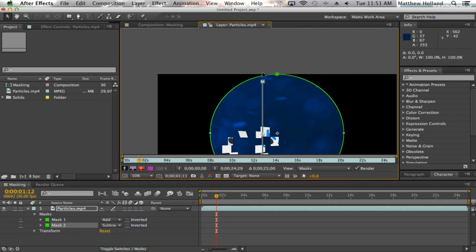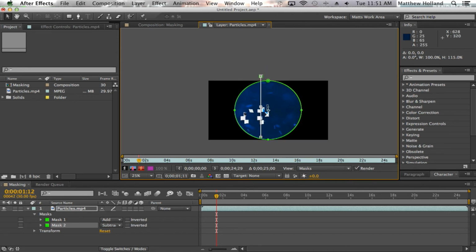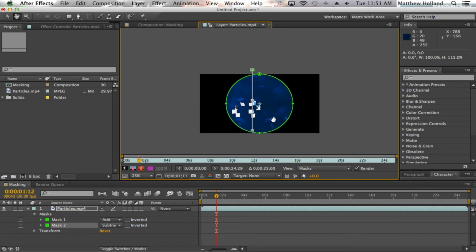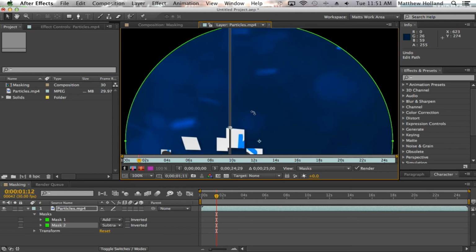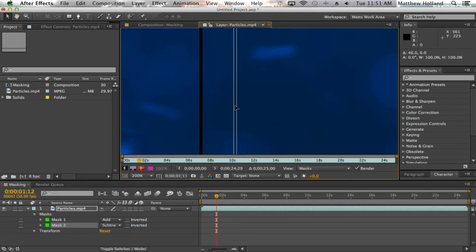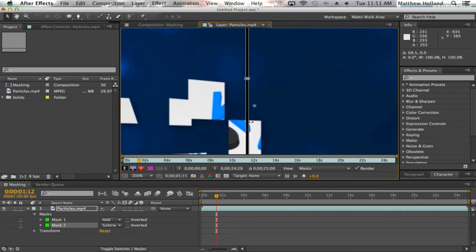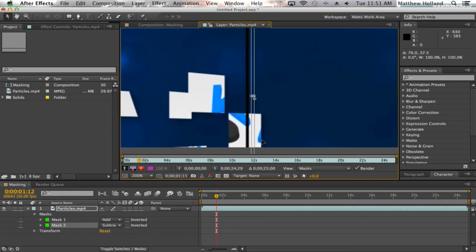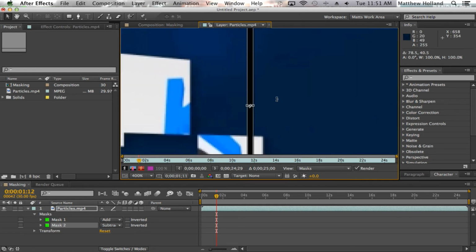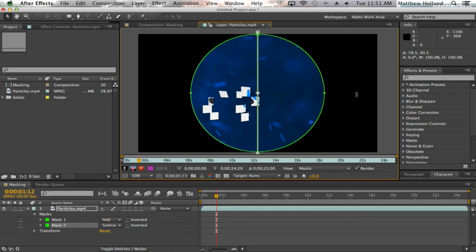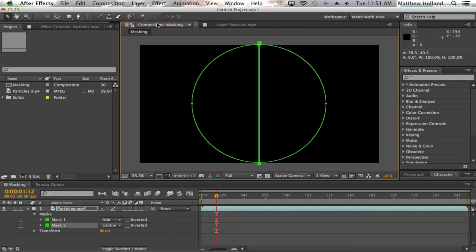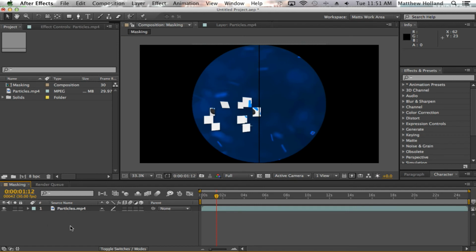Come on. There we go. Alright. And then you can just move that to wherever you need to. That's the issue with it being so small, it's hard to get it perfectly lined up. Let's find the center. There it is. Alright. Let's see how that looks. Oh, it's perfect. Alright, so if you get back to here, close out your layer, you can see that we